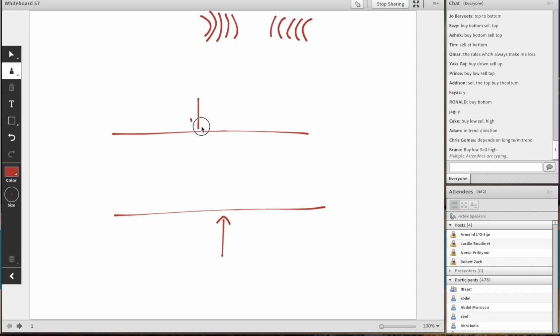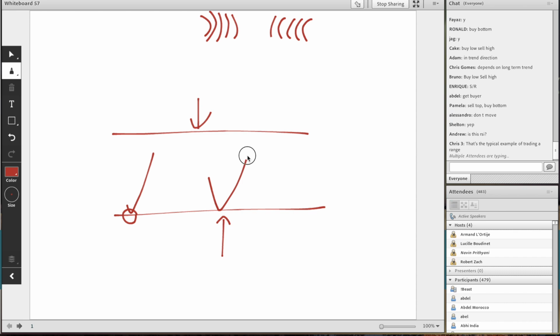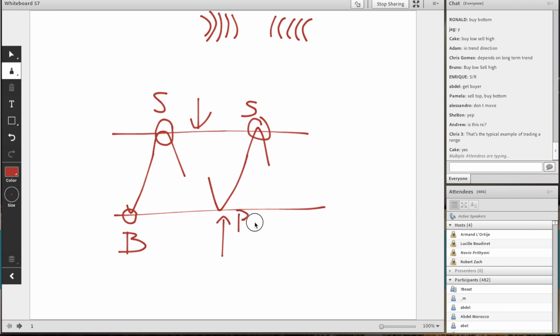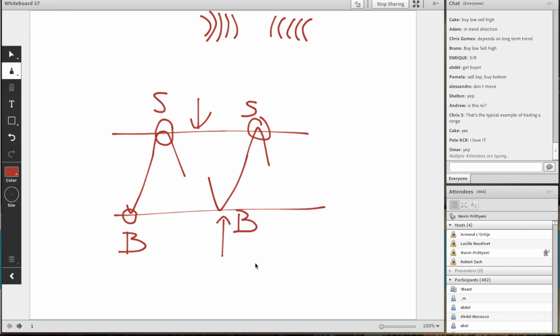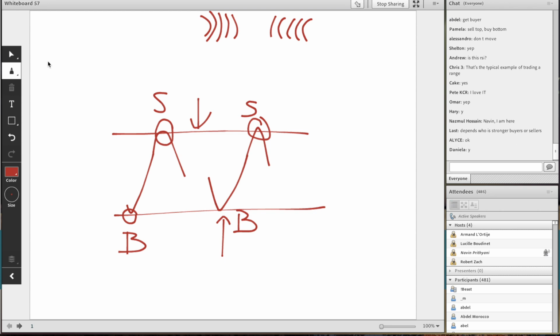Why? Because we want to use the previous points as leverage of saying, okay, markets are coming down, but it bought last time, so it's going to buy again this time. It sold last time, so it's going to sell again this time. We're using that leverage of strong sellers sitting here, strong buyers sitting here, and strong buyers will sit here again with the possibility. Okay? So far, so good.